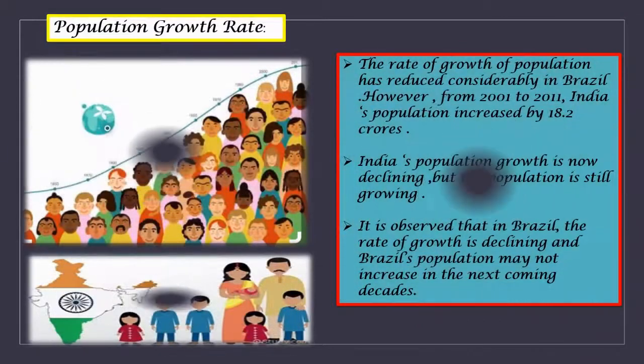So, after observing the graph, we can come to a conclusion that the rate of growth of population has reduced considerably in Brazil. However, from 2001 to 2011, India's population increased by 18.2 crores. India's population growth is now declining, but the population is still growing. It is observed that in Brazil the rate of growth is declining, and Brazil's population may not increase in the next coming decades. India has a larger proportion of younger population, which suggests a higher growth rate of population in the